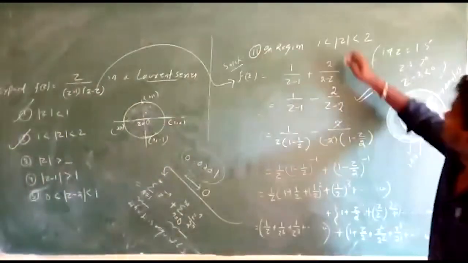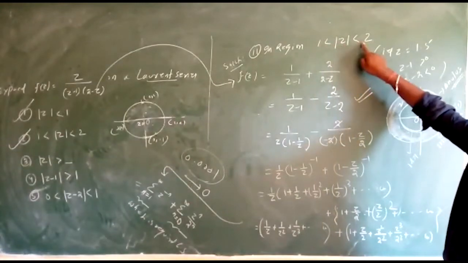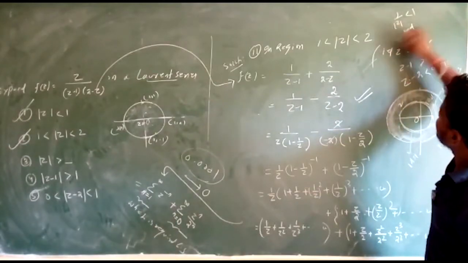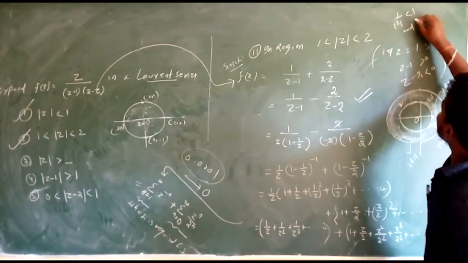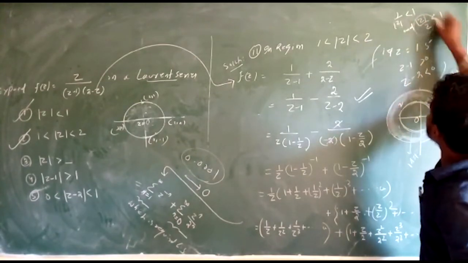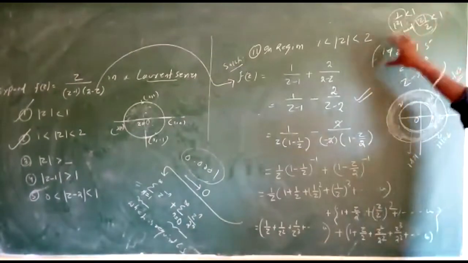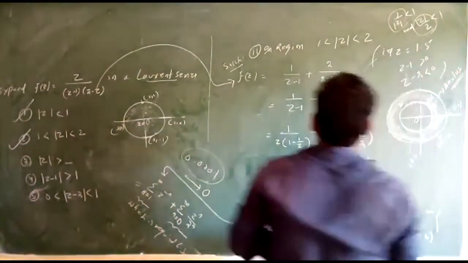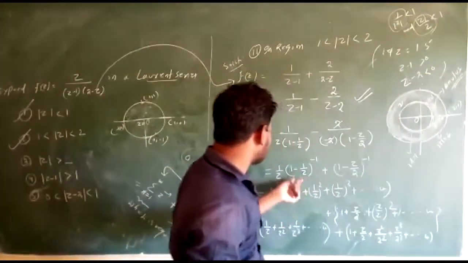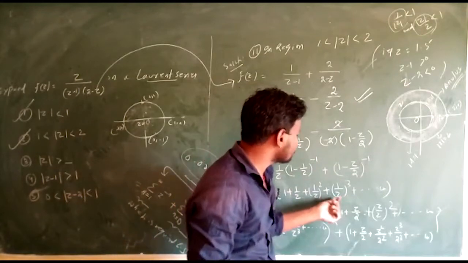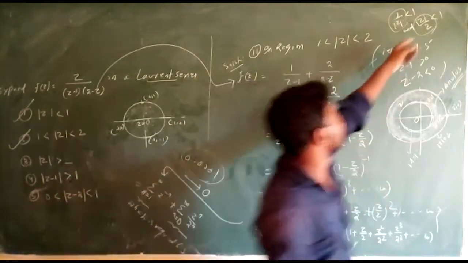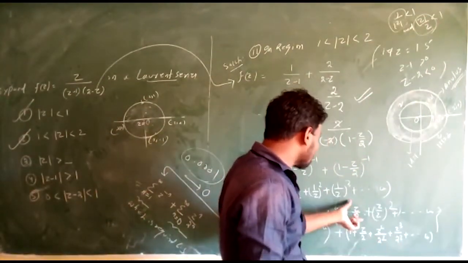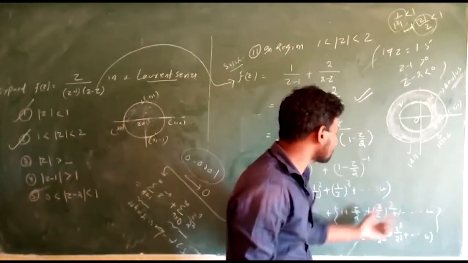Otherwise you think that 1 < |z| < 2, that means 1/|z| is less than 1 and |z|/2 is less than 1. Those terms are less than 1, so the power series converges. Suppose 1/z is less than 1, then we find 1/z, 1/z squared, 1/z cubed, and it must be convergent. Z/2 less than 1 means by putting the binomial theorem, 1/(z-2), then (z/2) squared, cubed, that should also converge.